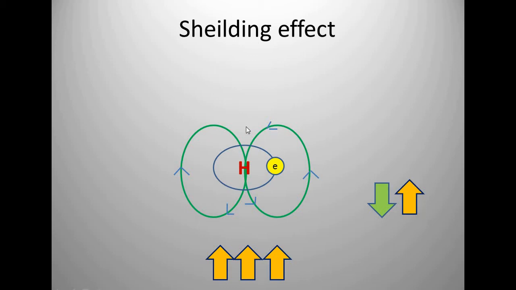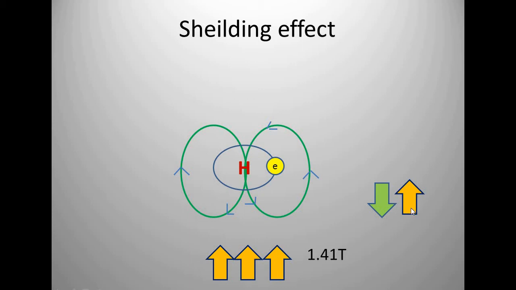So when we apply a certain magnetic field, consider 1.41 Tesla, this magnetic field moves in the upward direction, and the induced magnetic field generated by this electron is in downward direction. Like this is the induced magnetic field in green, and the applied magnetic field in yellow color. So we can say the induced magnetic field generated by a moving electron cancels, or nullifies, the effect of the external magnetic field.